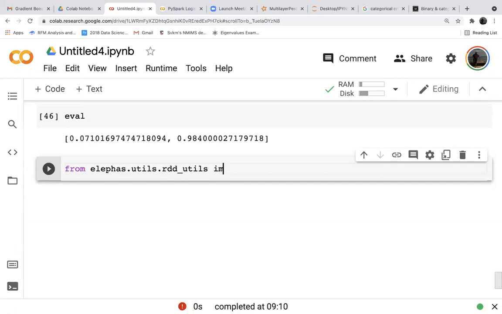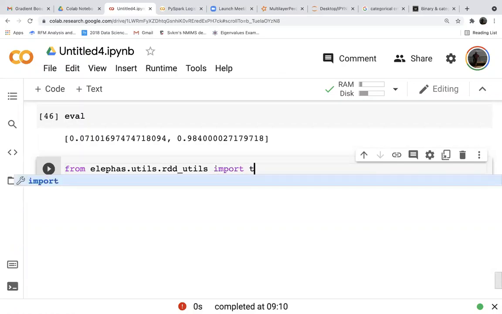Utils import to_labeled_point is there, not to_data_frame.